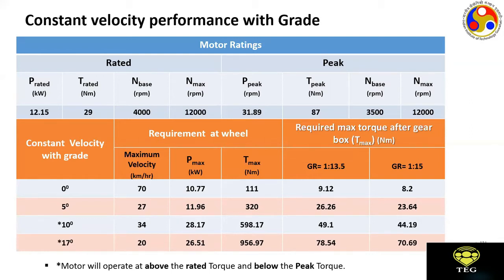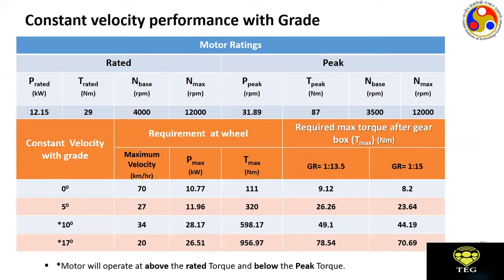And how did we come to those numbers? It was done by using the drive cycle data and also using the dynamic equations of motion, which you have already seen in the course. Using both, we could derive what was the torque that was needed at the wheels, and from there we could find out what would be the power or the torque that the motor has to produce depending on what kind of gear ratio we are going to use. And we saw there were two gear ratios, 1:15 and 1:13.5.